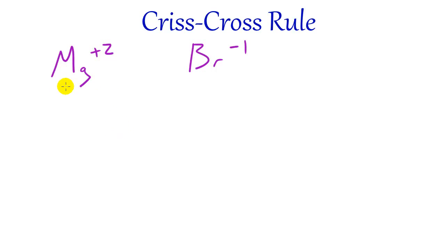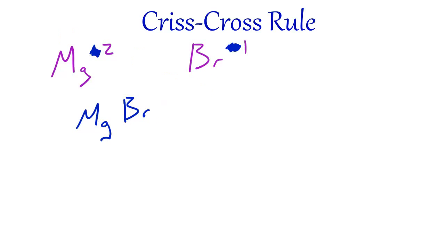First, you write the formula of the ions, which is Mg +2, Br -1. Step number 2, you drop the charges completely. So it doesn't matter if this is positive or negative, or this is negative or positive. You drop them completely, so they're just superscripts. They're just numbers. Next, you go ahead and you bring the elements down. Mg,